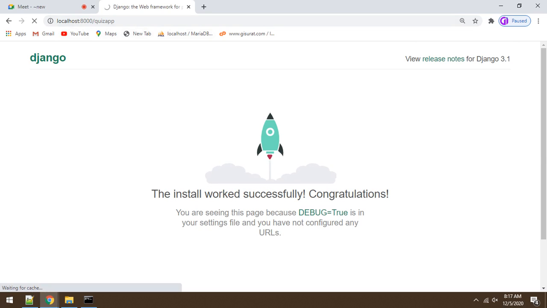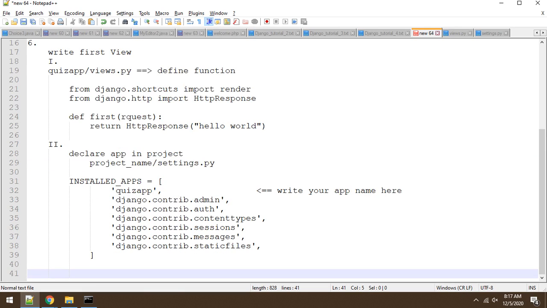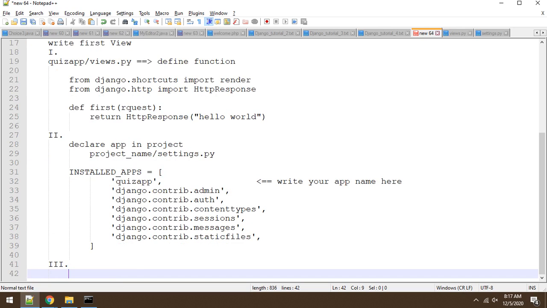But now one more problem is there. Quiz app is installed right now, but one more thing remains: your function has to be mapped with a given URL. With a given URL you have to map that thing. So let me do one thing, that is my third step, and the third step is